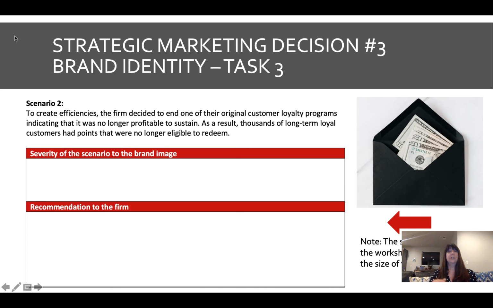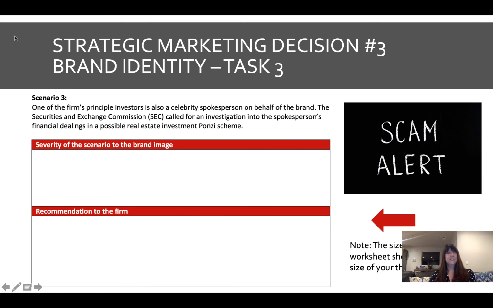Tell me or your CEO how big of a deal this is. Is it a small problem? Is it a huge problem, and why? And then how would you go about fixing the problem? And remember, I want you to talk about what the problem is, who the problem impacts, why it's a problem, how you're going to fix it, and is there anything else we need to know? That's the second scenario.